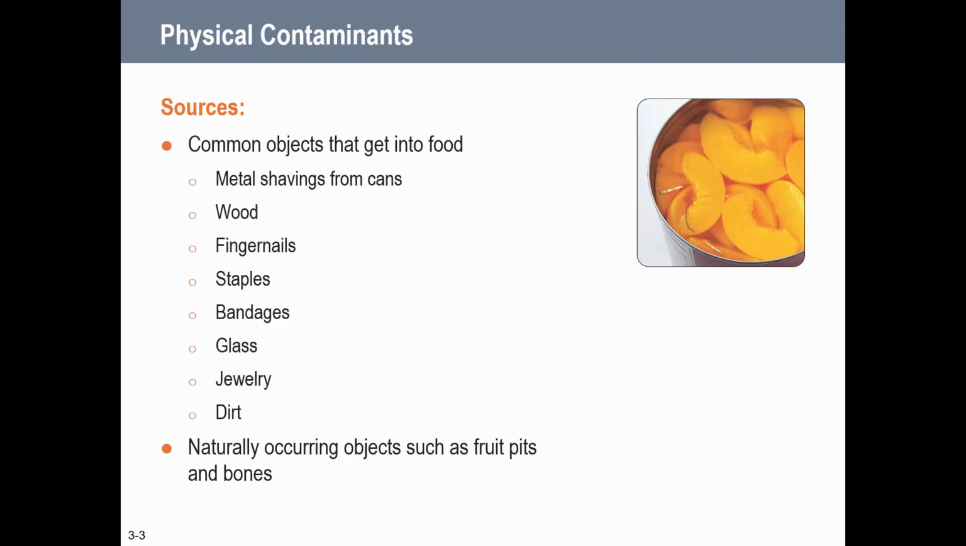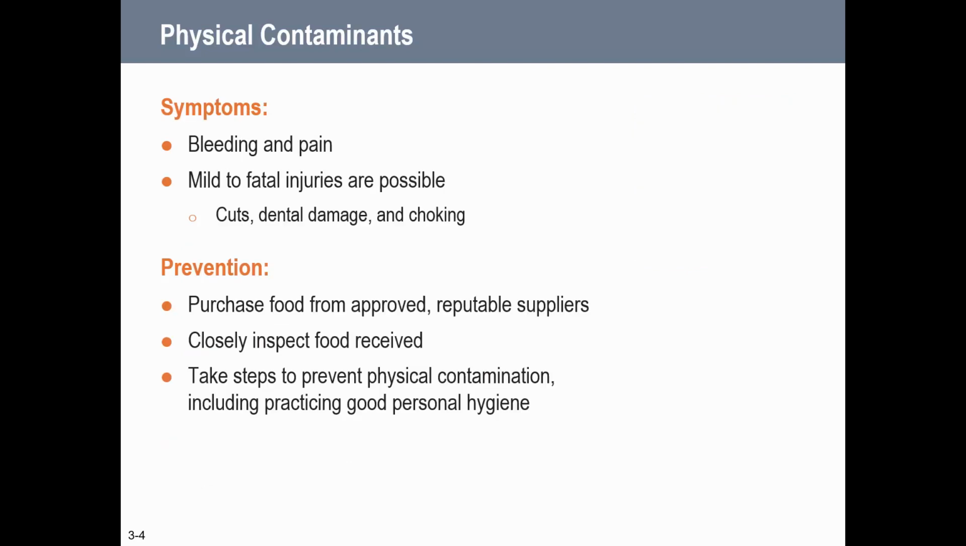So, a really quick review of physical contaminants. We talked about this in the first chapter, but again, reminder, these are things that can get into the food, like metal shavings, wood, fingernails, Band-Aids, jewelry, dirt. This could also be fruit pits or bones or some other naturally occurring thing that ends up in the food items as well. So symptoms can be from mild to fatal. There could be minor injuries or it could be very severe injuries that happen with these